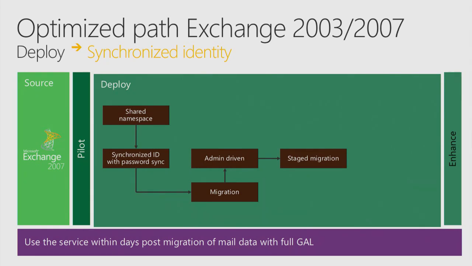But what we do see a lot of is once we get to this deployment and it's really like, hey, we are moving to the cloud. If you have 2003 or 7, doing staged migrations is what we see a ton of, because that is more control. You can do it in batches. You can choose who moves. And really the only downside is that when you've moved someone in a staged migration, they can now see all the free/busy and everything else of people online, but they can't see the on-prem. So they become a bit of an island. And you just have to manage through that as you're deploying.